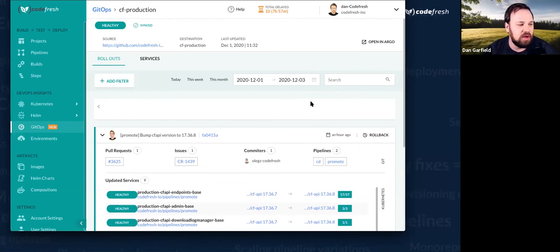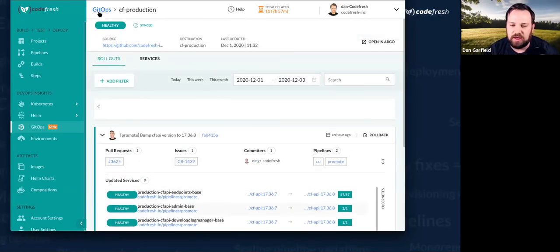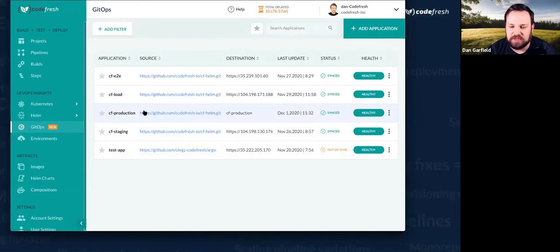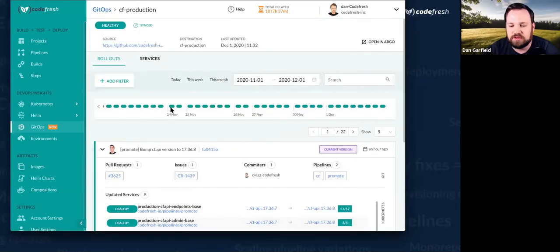I want to know if something's gone wrong. I need to have confidence that I can very quickly identify where the root cause of that is. And if I know when my regression started, I can then drill straight down into the change set and identify exactly what's gone on there. And this is something we just launched externally 2-3 weeks ago.